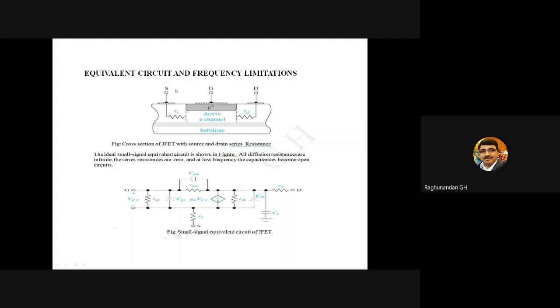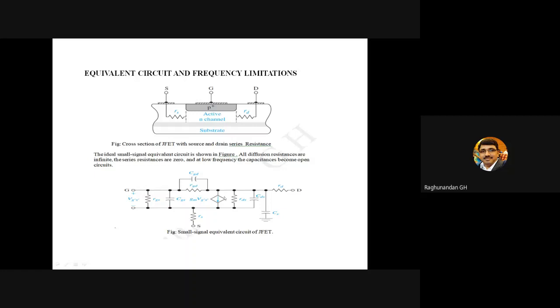So first we should analyze between the source and the gate, is there any resistance? Yes, there will be a resistance which is known as the source resistance. Resistance in the sense some opposition, it doesn't mean that the resistance will be fixed. Some opposition is offered here. So that opposition we will replace by a resistor called RGS, gate to source resistance, lying between source and the gate.